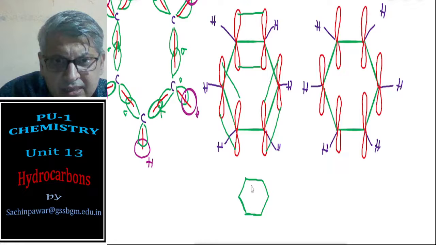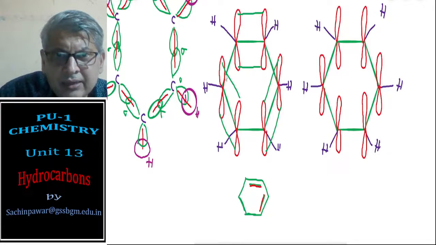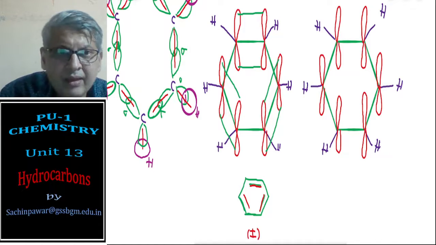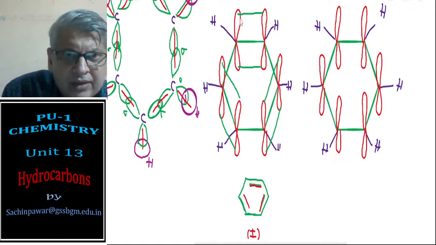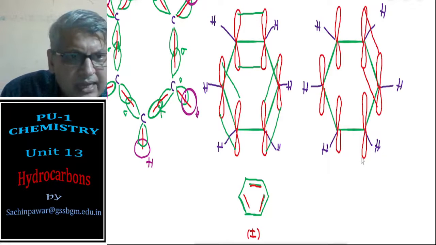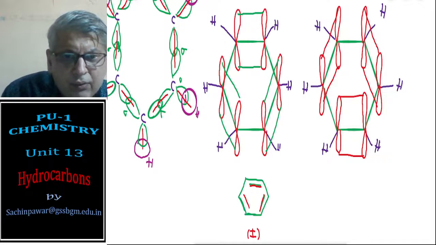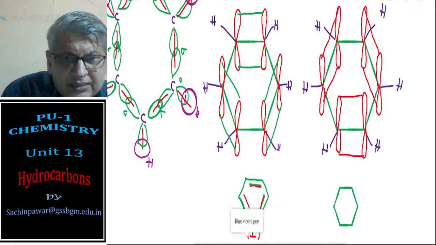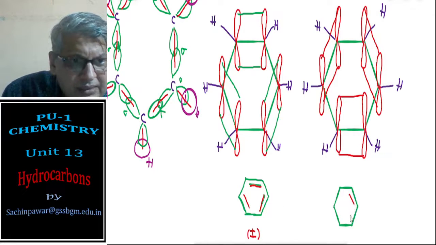This is a double bond here because of sideway overlap, a double bond here. So if you want I can change the ink, a double bond here and sideway overlap, a double bond here. This is Kekulé structure number 1. And in this case, instead of these overlaps I will take sideway overlap 1, sideway overlap 2 and sideway overlap 3, and this leads to formation of Kekulé structure number 2. That is, here you see the sideway overlap is like this.